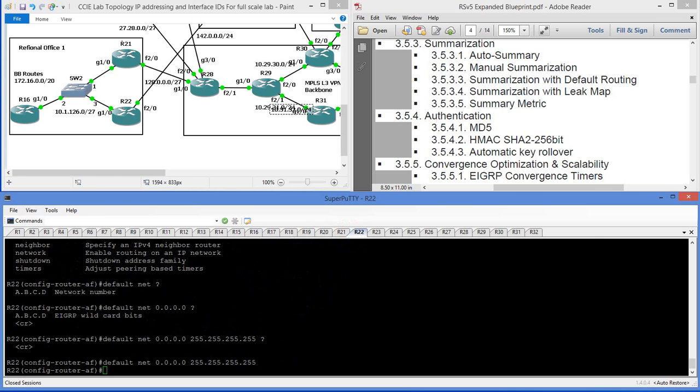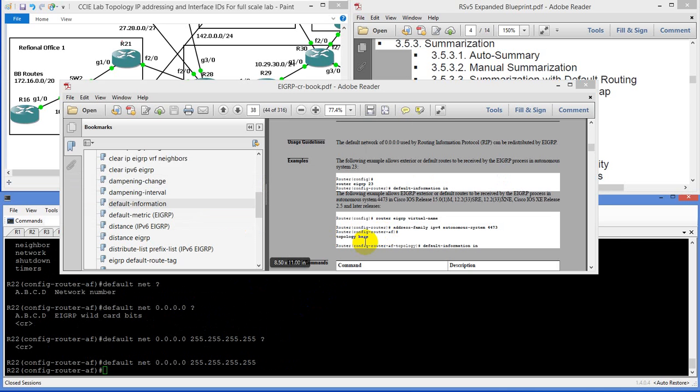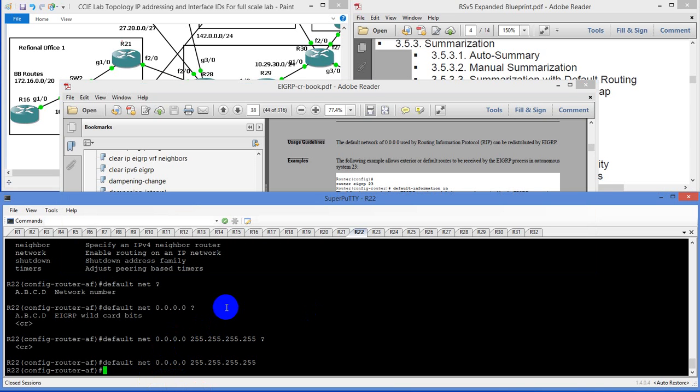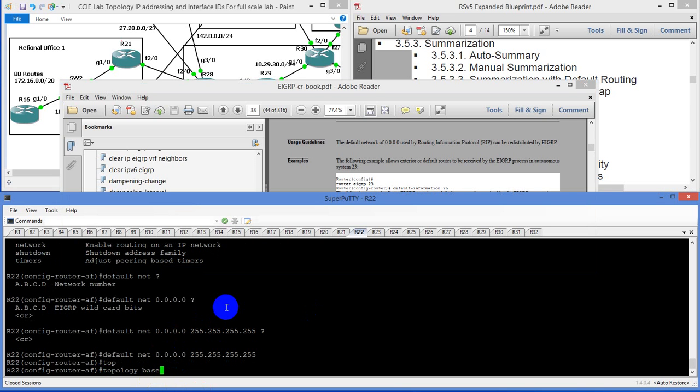Okay, so I guess the default network command is not covered by that anymore, but I believe the way that this worked is you would do it one hop upstream of where you're supposed to, and you would say default network, and it's got to be a classful range. But the way that we do this underneath the address family, we'd go under topology base and hit enter,